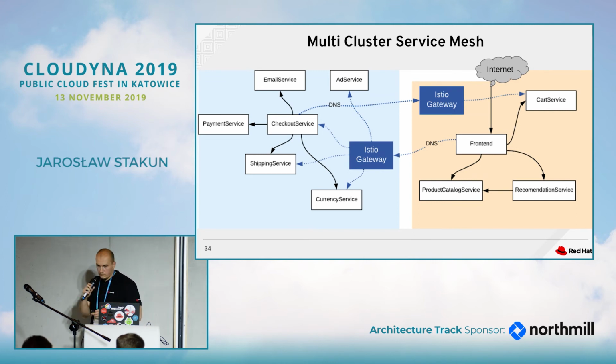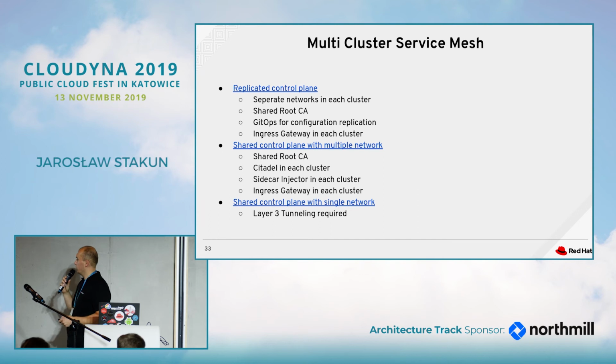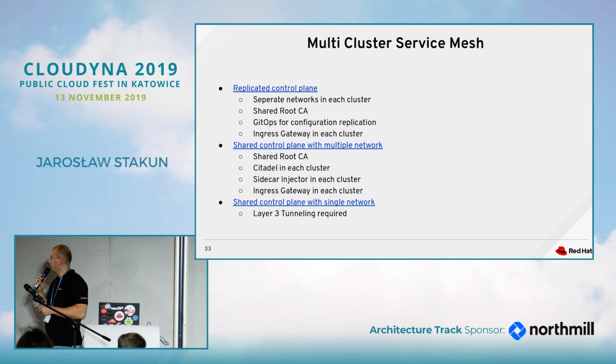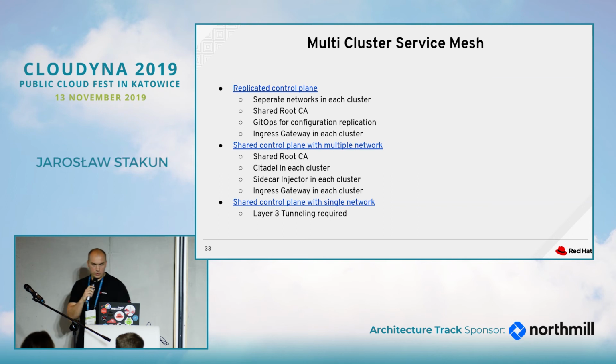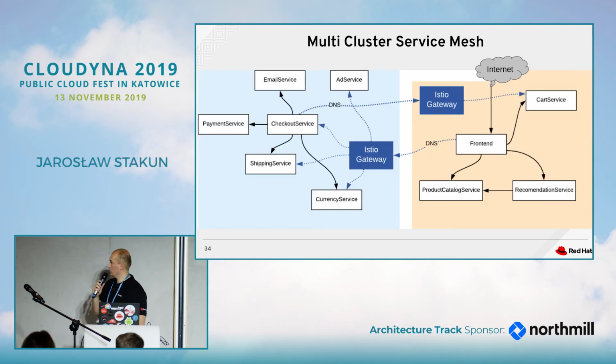And this is typically the best scenario for a multi-cloud solution where the networks are totally separate, so there's really no way to interconnect the service mesh the other way. This will require you to use a shared root CA, so the certificates that are used to authenticate and authorize must be issued by the same root CA. And you also need to deal yourself with the synchronization of the configuration. If your service mesh instances should be identical, you will probably need GitOps again to synchronize the configuration.